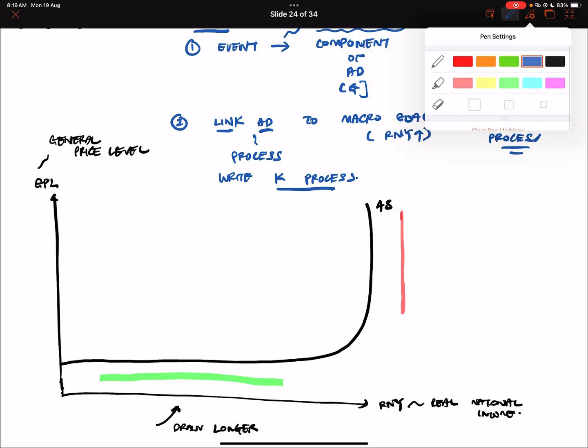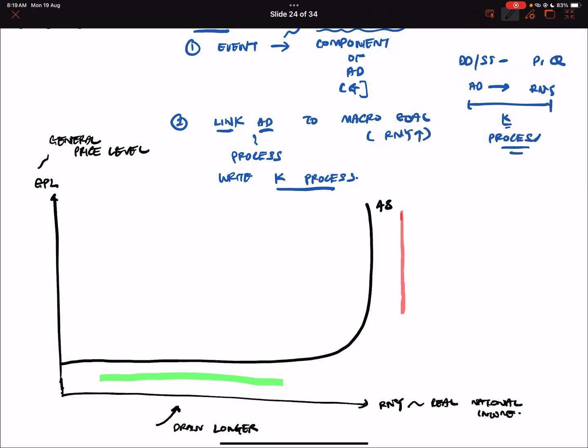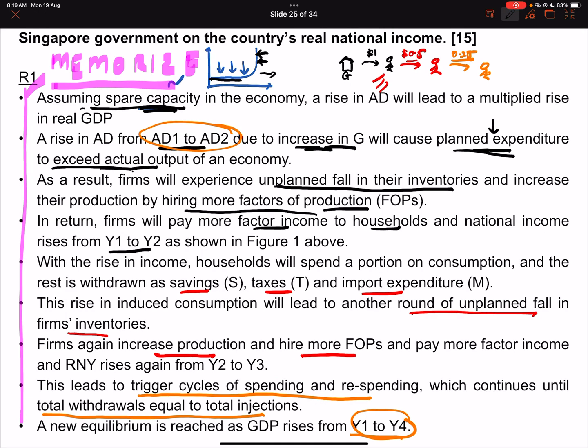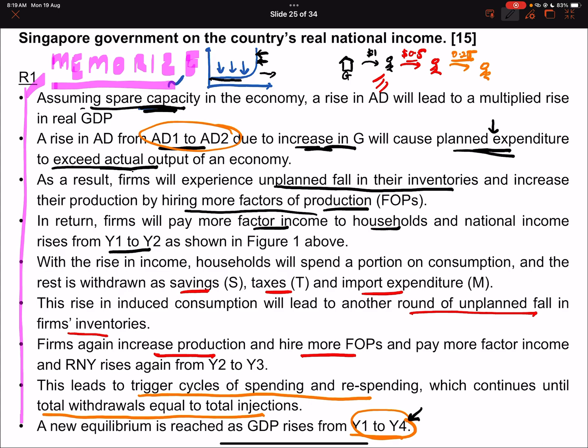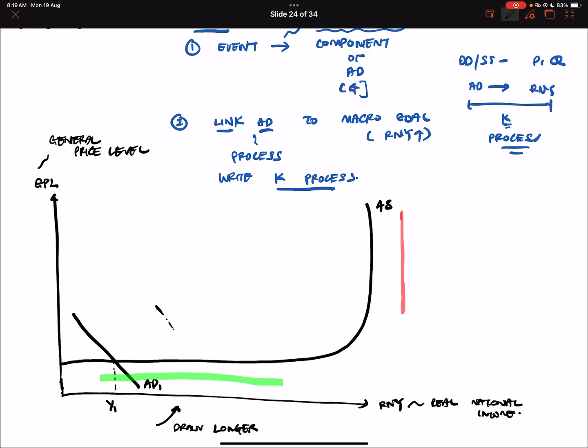Okay, so you're gonna start putting the AD. The first AD curve is AD1. Don't draw the red and green highlights. So Y1 here. AD1 will increase to AD2. But for AD2, because it's not the terminal AD, the terminal AD is AD4, if it's not terminal yet, we want to put it in dash. So AD2 is here, Y2 is here. There's an initial increase by the government from AD1 to AD2.